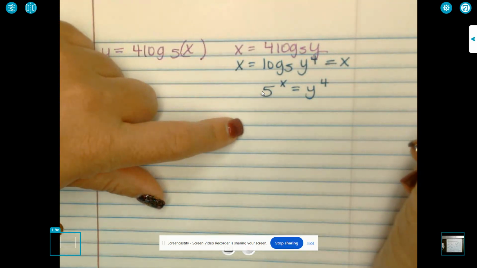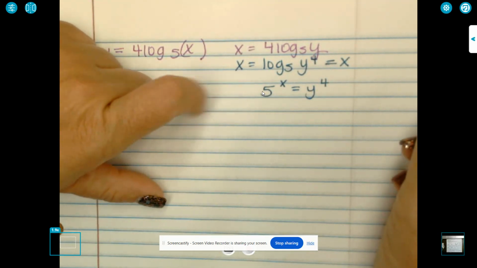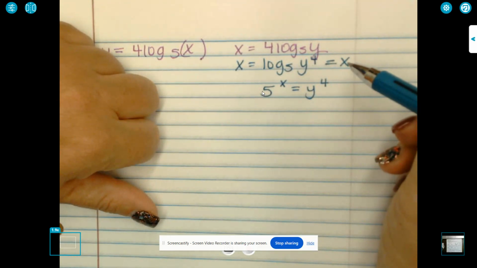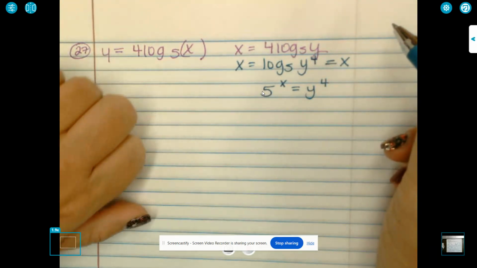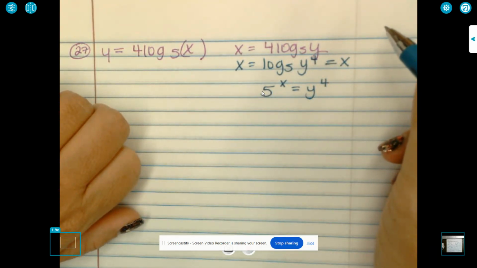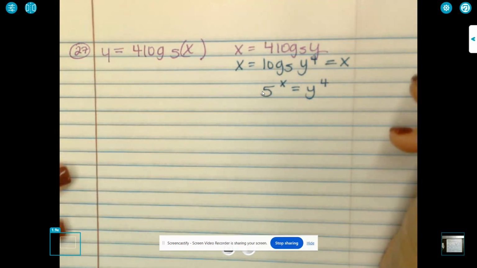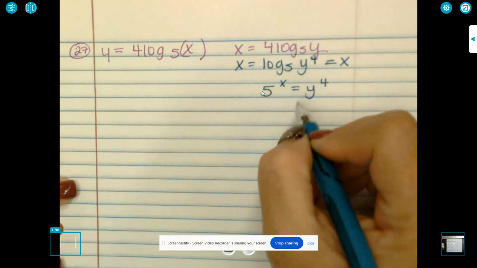Which is not what I want to do. Boo. That was stupid. I mean, I can do it this way. You'd have to take the 4th root. And if I take the 4th root, you'll end up, I can do that. I'll show you that way, and then I'll go back to the other way I would have liked to have done it the first time. It's okay. All right, if I take the 4th root here,